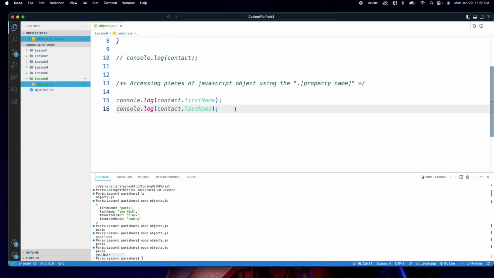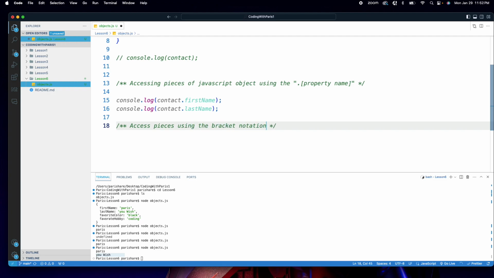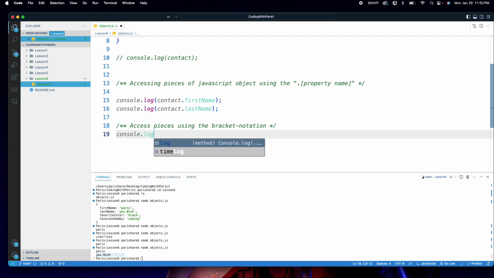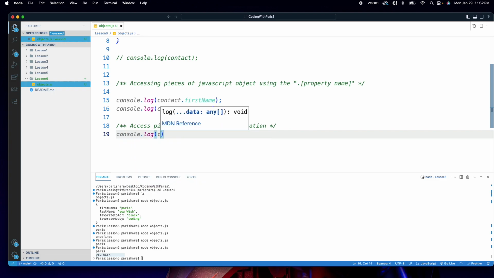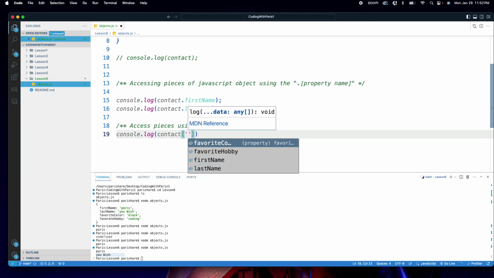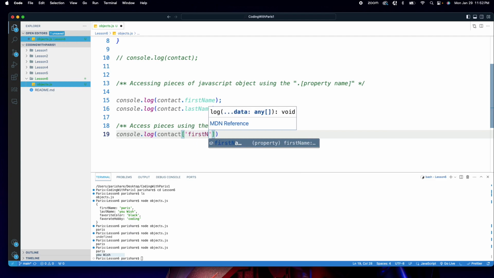Another way to access a property is to access pieces using the bracket notation. And by the way, I'm kind of making these titles up to make it simple to understand. I'm sure there are more formal ways of explaining what these notations are, but bracket here is going to be referring to this. So let's say again I wanted that first name property. What I could do is I could say contact. I would add these brackets here, open and close square bracket, and inside of those I can add the property name in quotes. So again, firstName,